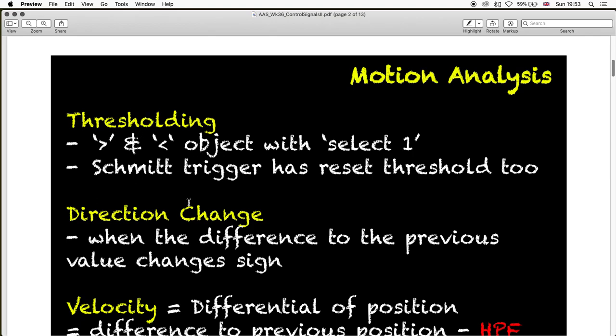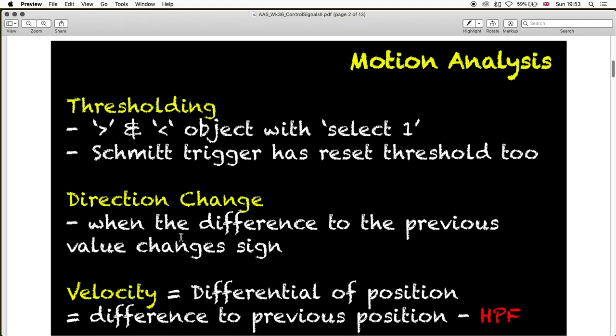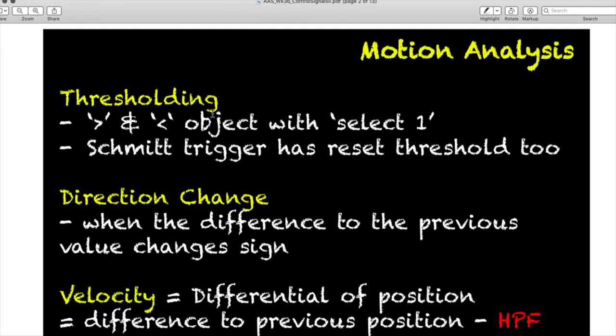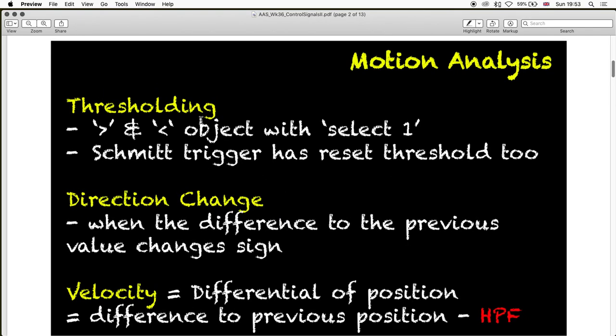Okay, so that was thresholding. Let's look briefly at direction change. Direction change is quite an interesting thing. Just before I go further, briefly, you may remember that last time I talked about analyzing events in order to get continuous signals. And these two, the thresholding and the direction change, are actually analyzing continuous signals in order to get an event. Okay, so it's quite interesting because